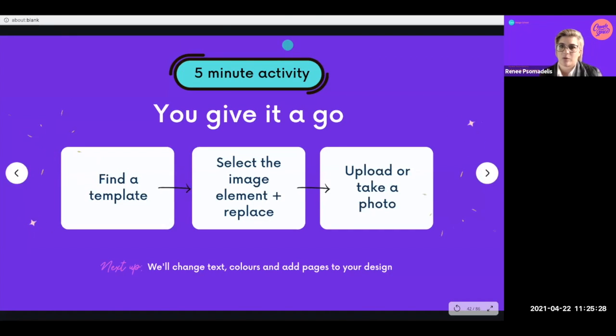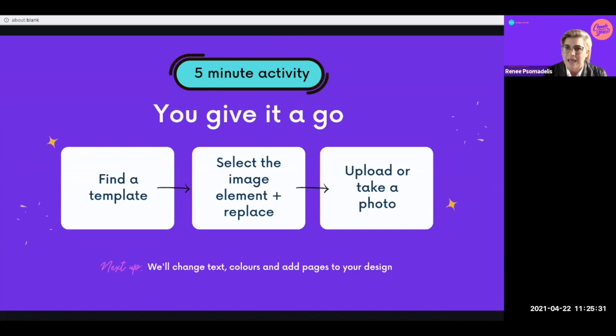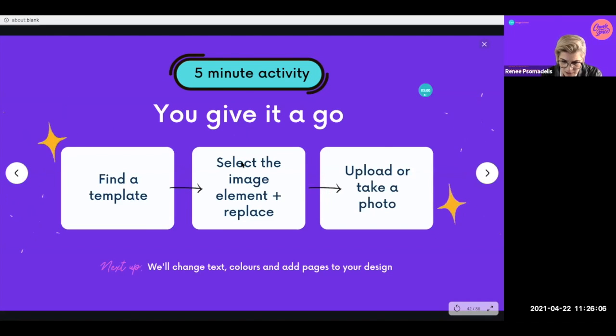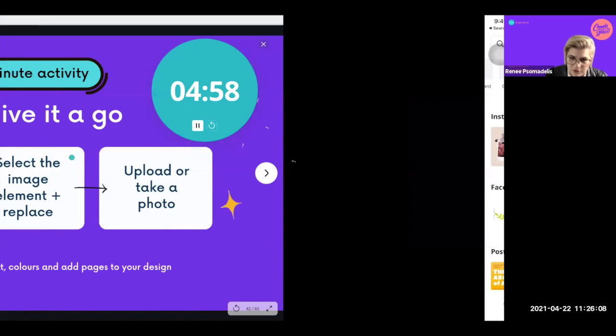So, all right, if everybody can get their phones out now, and again, you can be using mobile web, or you can be using the Canva app on iPhone or Android. First up, you're going to open up the home screen. I'm going to be going through it live on here, so you'll be able to see my phone. If you're feeling confident, just go ahead without me. We're just going to get up to the point where you swap a photo over like I did in the video. And then next up, we'll start to change text colors and add pages, and I'll show you how to do that at that point. So if I start a timer for 5 minutes,